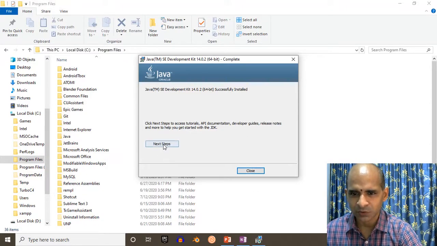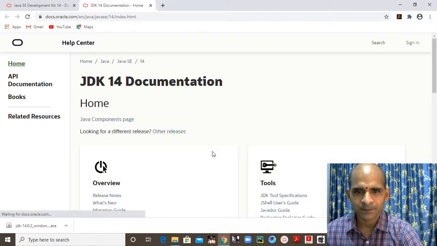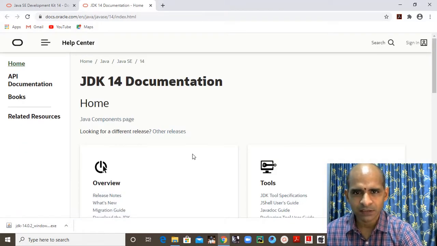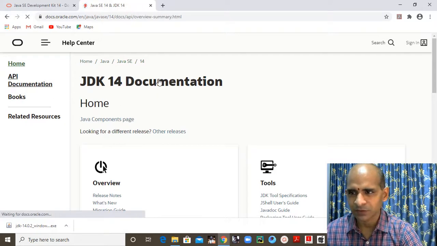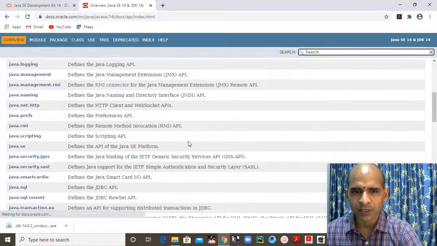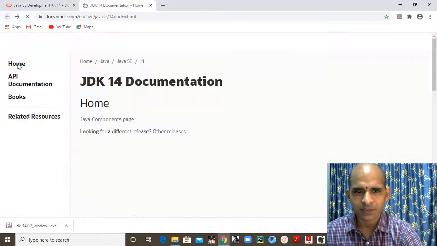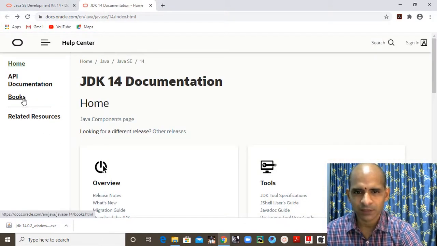But my suggestion is to go to next steps, so that it will directly provide you the option to view all the information of supporting documents of Java in the browser. So this is API documentation, so you can get all the information from this location, whatever you need. How to use API documentation will be part of another video, but for the time being, just find out what things are available here.